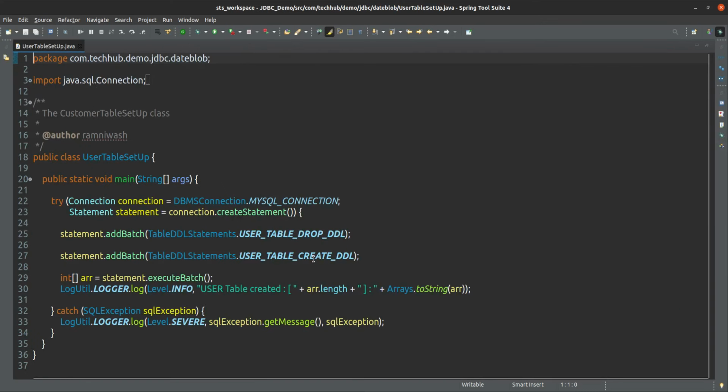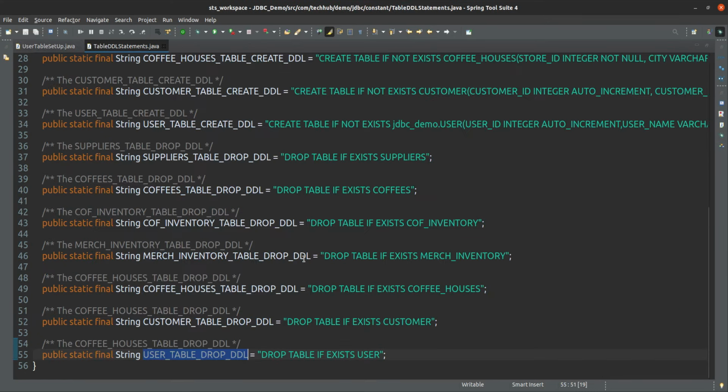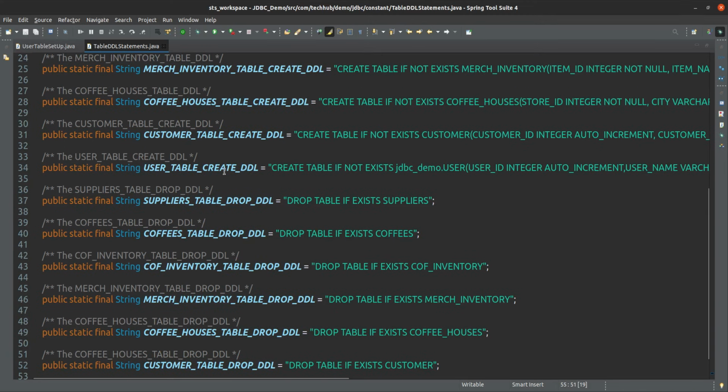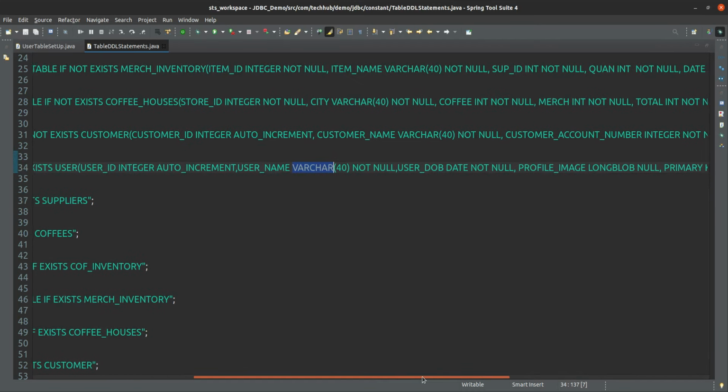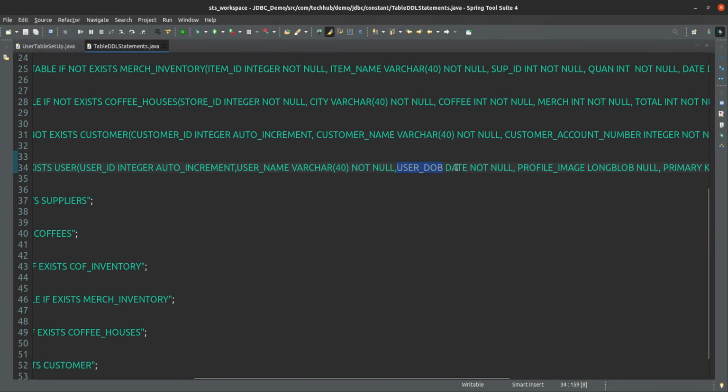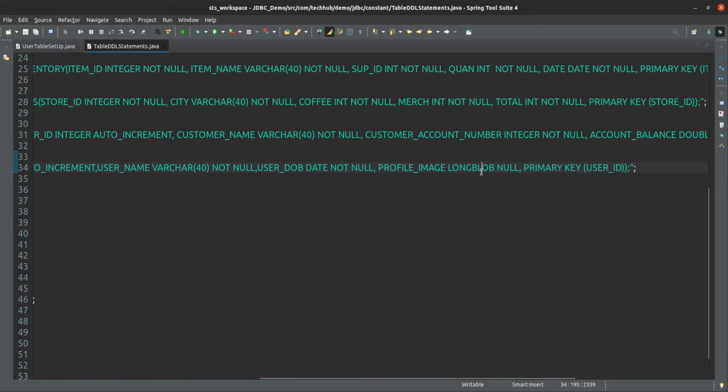This is a user table that has a user ID, integer type, auto increment; user name, that is a string type; user date of birth, that is a date type; and user profile image, that is a long blob type, not null.